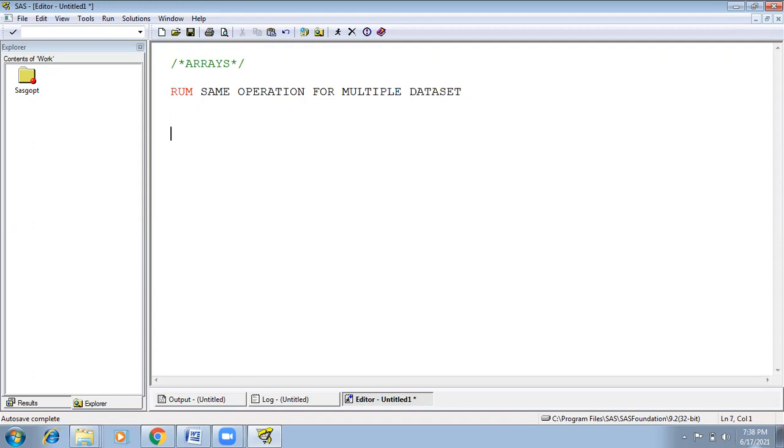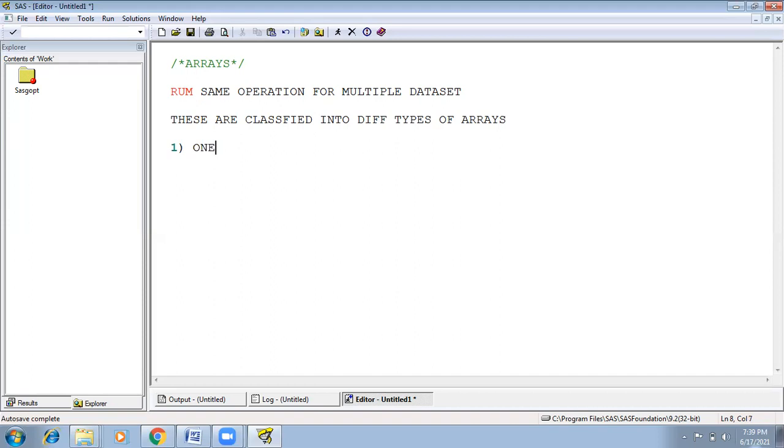These are classified into different types of arrays. The first one is the one-dimensional array.